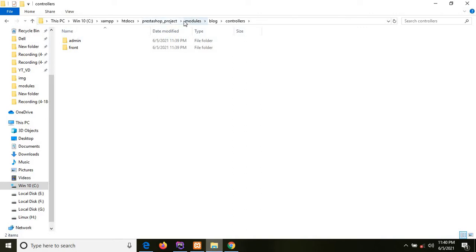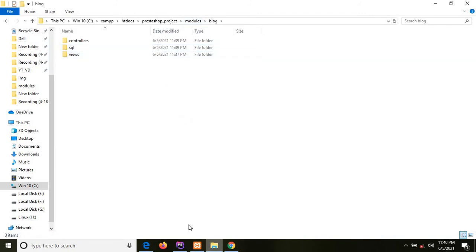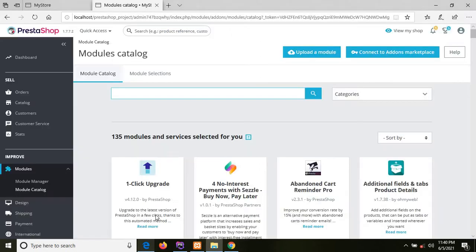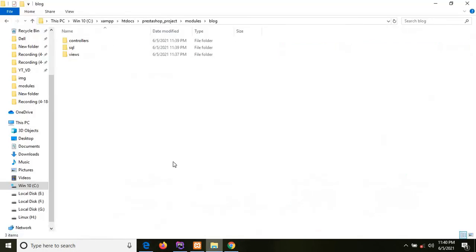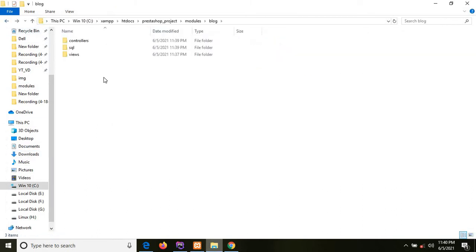Okay, and one thing we need to do, that is we need to add one logo for our module. So you will see here there is one logo for the module. So you need to add the logo file here. So I have one logo image here, so I'm just copying this image and pasting it into our directory.